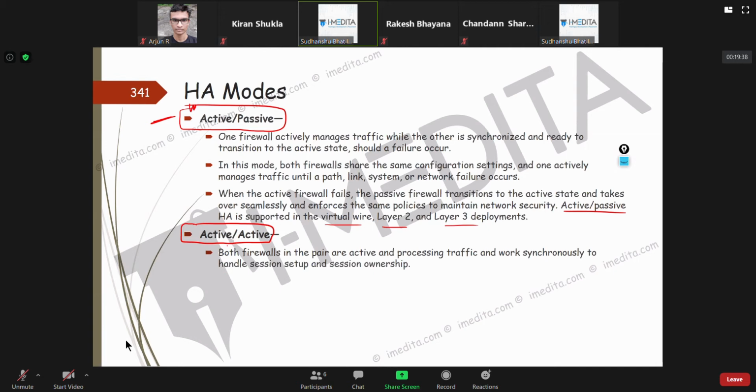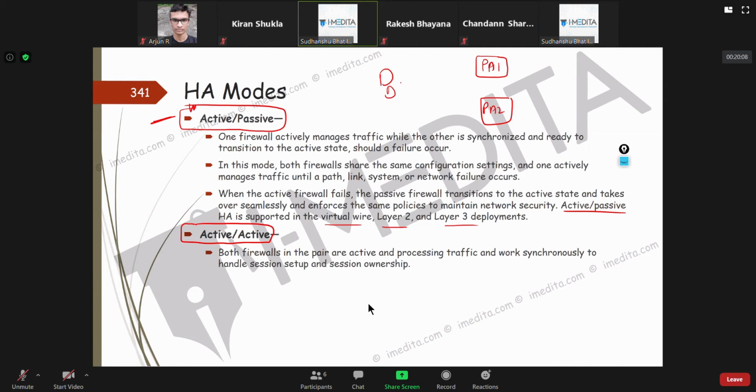Let's see what the complication in active-active is. I'll give you a basic idea. Suppose this is Palo Alto 1 and this is Palo Alto 2, and somebody from inside tries to go outside, maybe to access a website using port number 443, or 80, suppose.